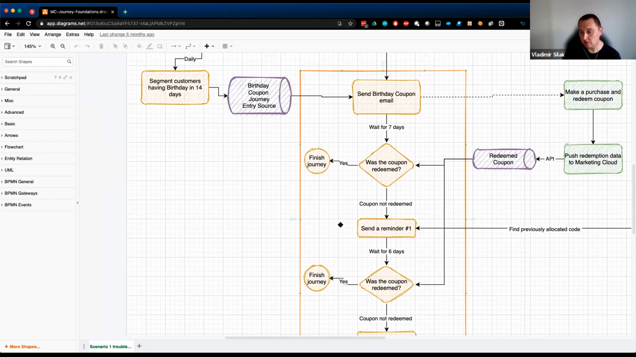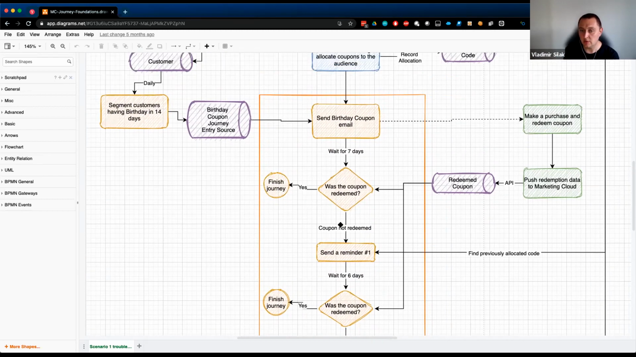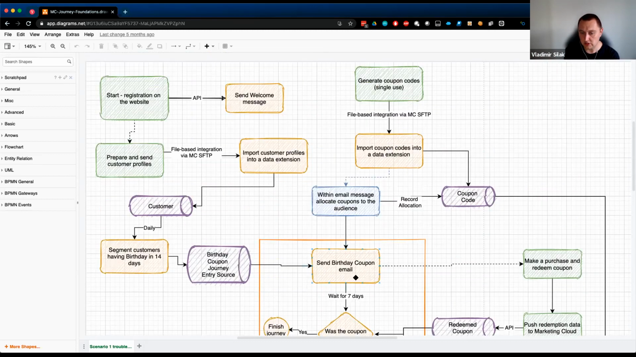This particular diagram doesn't necessarily drill into what we need for personalization, but if you think about that, we need to look into some of the other elements. So when you're sending the birthday coupon, it is important to send the actual code, right? So the code that will be a discount, or the barcode that people can scan and use. So we need to look into where we get these coupon codes. In this case, we're getting them from a commerce platform. It's coming through the file-based integration. We're importing these coupon codes into a data extension,